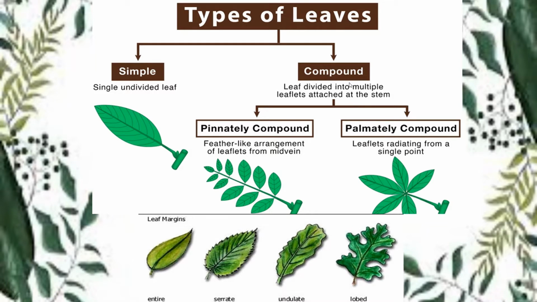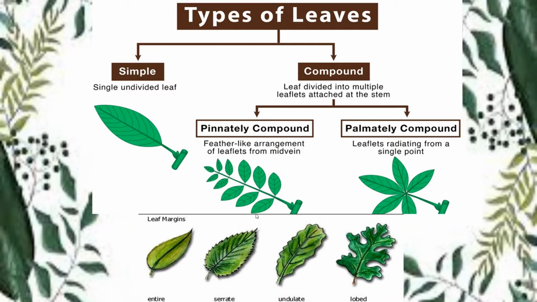The leaf is divided. Clear? Now this compound leaf is of two types: pinnately compound leaf and palmately compound leaf. Clear? What is pinnately compound leaf? See, feather-like arrangement of leaflets from the midvein. This is the midvein. From the midvein there are many